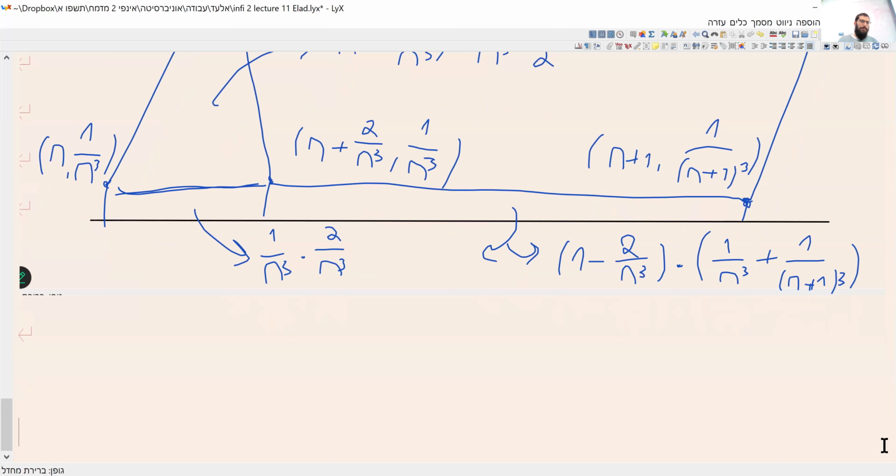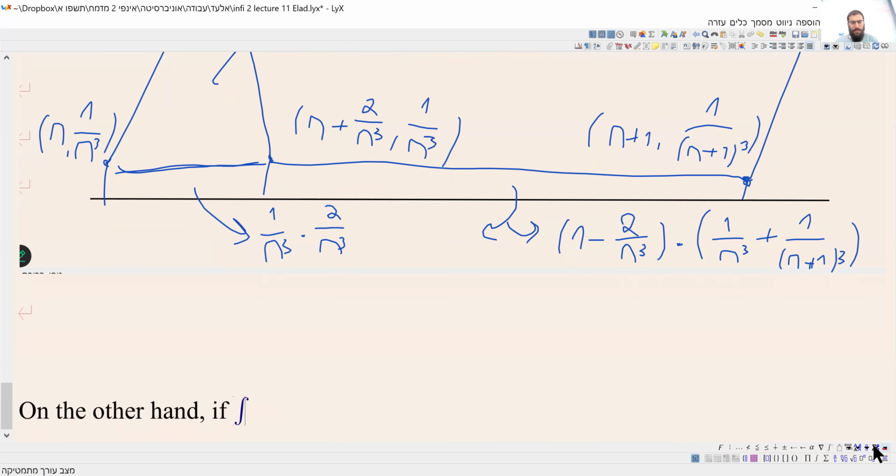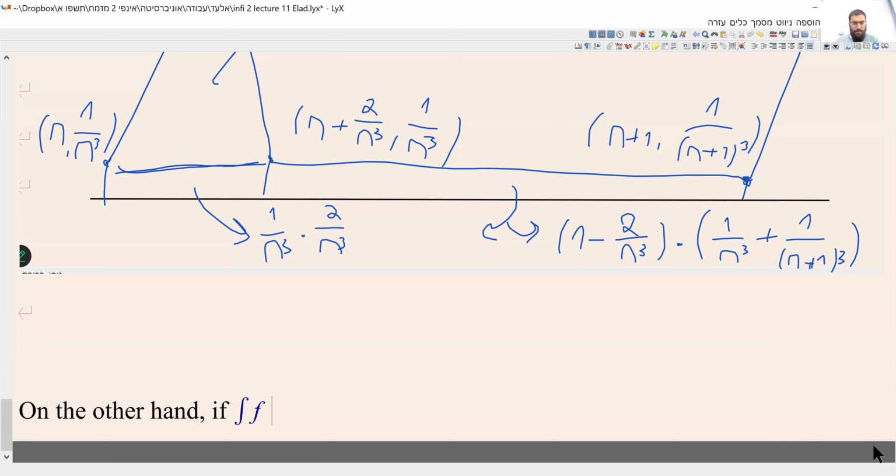Now, we have a minute and a half, and what do I want to finish with? What can we add to the conditions? And then you can say, you know what? Yeah, f goes to 0. Of course, f goes to 0. It doesn't count. So, on the other hand, for all these examples, on the other hand, if the integral of f